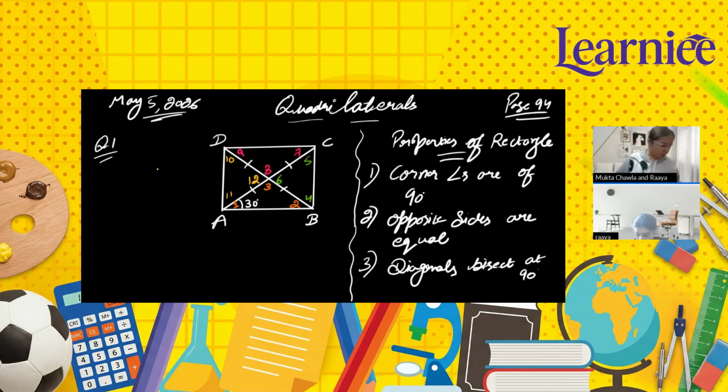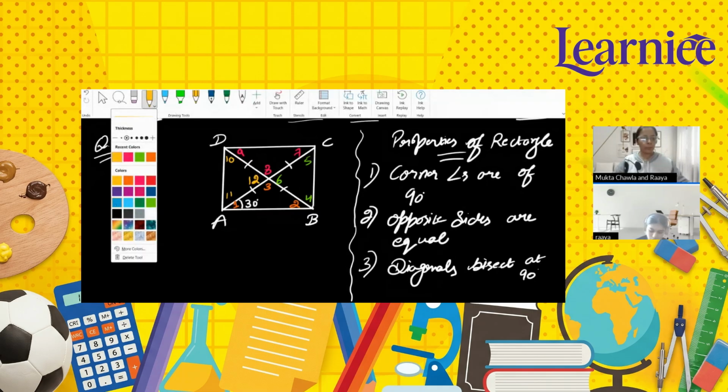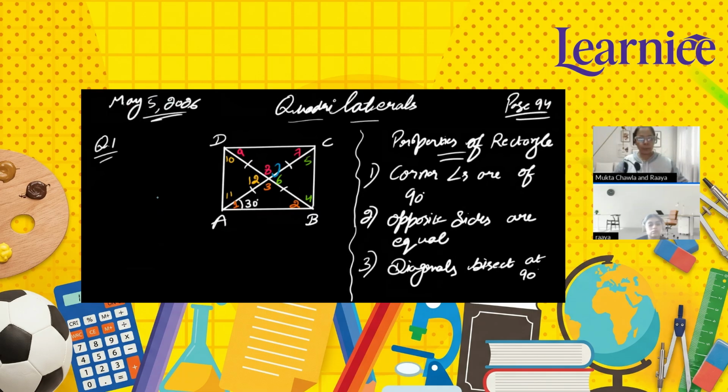So which one should I start with? Have the center angle? No. See, they haven't given us any center angle, so we will suppose it so that we don't have any confusion. I am taking it as O. Is that fine? Yes. The diagonals are bisecting at O. This labeling I have done.